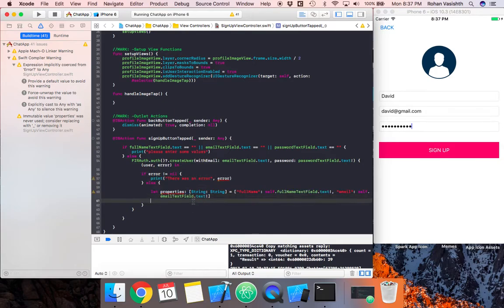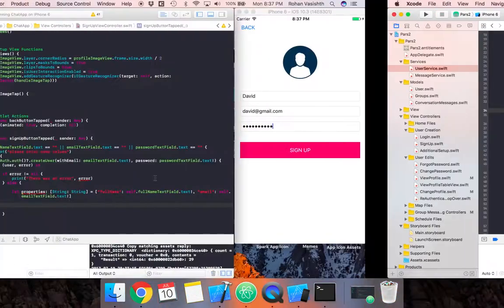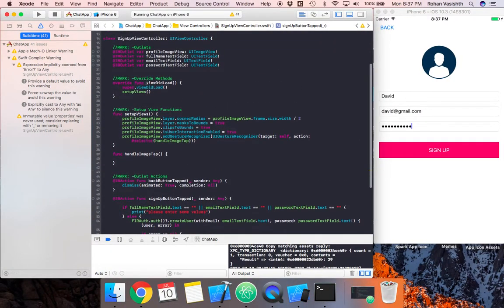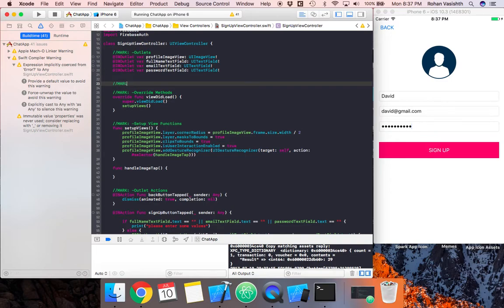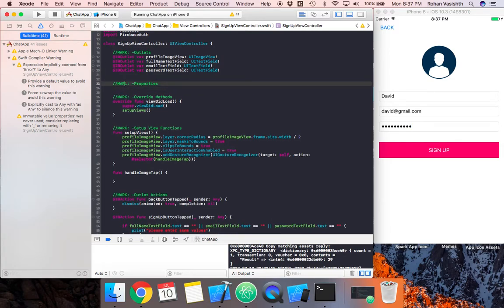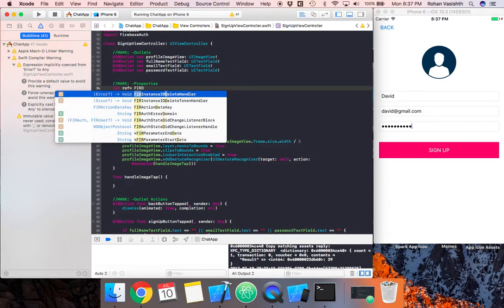Okay, so the next step is to access our database. All the way up here, we're going to create a new mark, and this is just going to be for this thing called properties. And then we're just going to create a reference to our database. So let's call let ref equals for